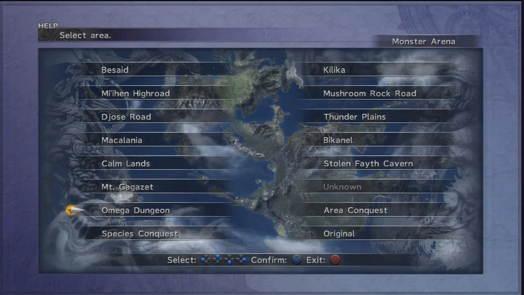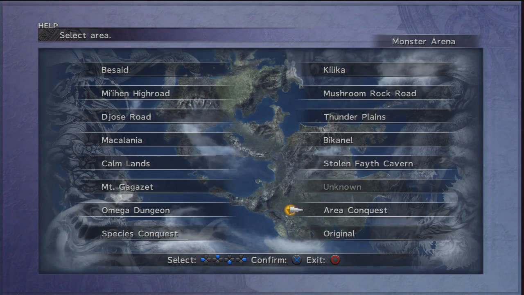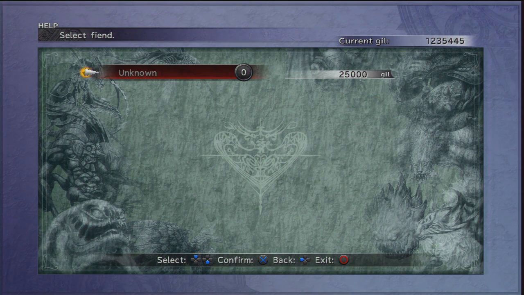Cactar King is a recurring enemy. We'll talk about that stuff later. Species Conquest. For catching 5 of every single flan in the game, we got the Jumbo Flan, and so on. But there's a few that are still unknown here, and that's because those are species still hidden in these last 2 areas. And then finally, Original. So we've got the Earth Eater, the Greater Sphere, the Catastrophe, the Thuban, Shinryu, and one final hidden one over